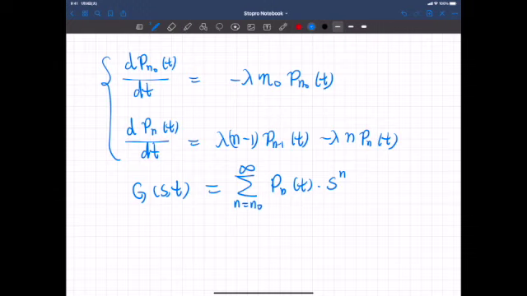So we multiply both sides of this differential difference equation by s to the power of n. So in the first case, it's s to the power of n0. Second case is s to the power of n and s to the power of n. Then take the summation from n equal to n0 to infinity. So the left hand side becomes like this: